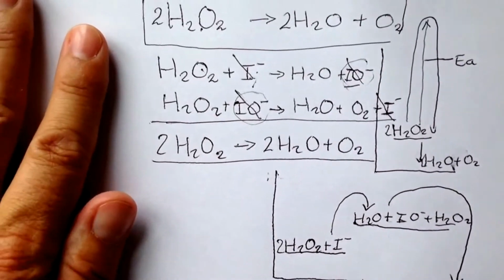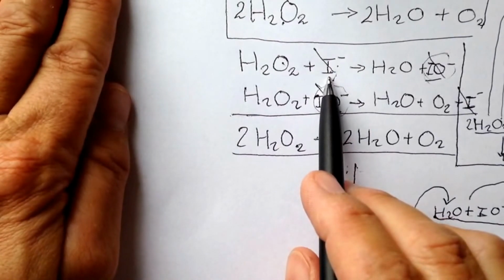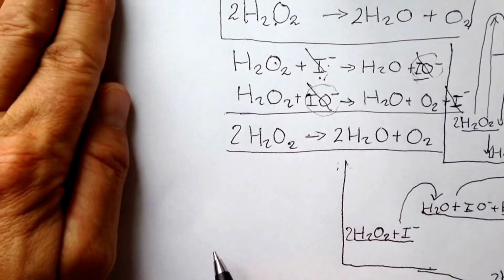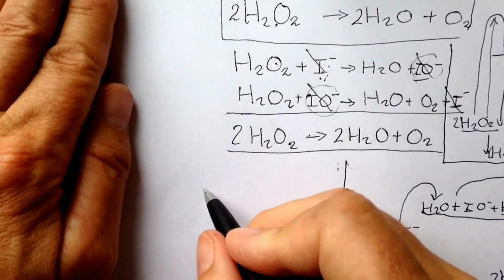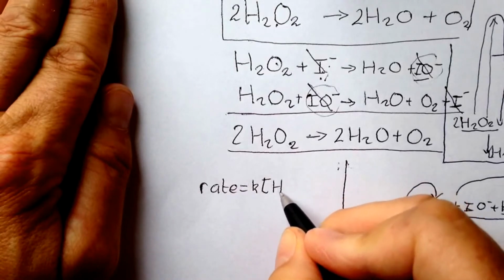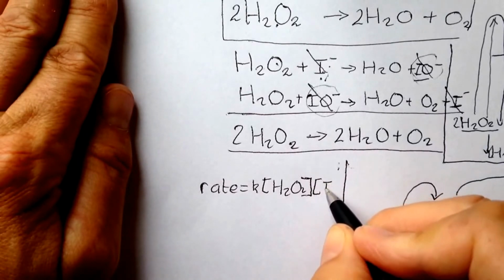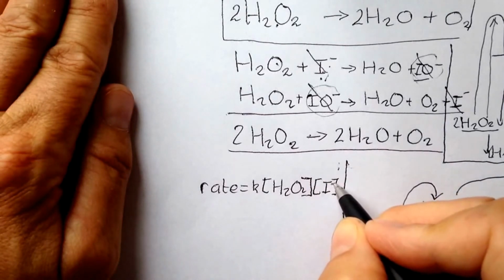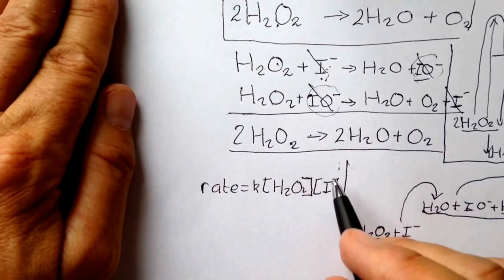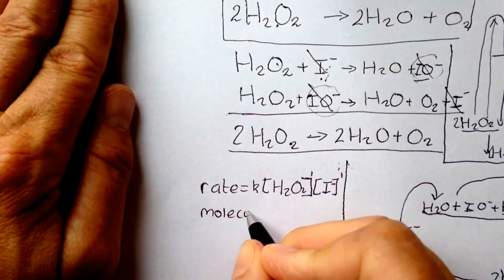The rate equation therefore is dependent on the concentration of iodide ions, because without the iodide ions, no matter how concentrated our peroxide was, it didn't matter. Obviously we're relying on that colliding with that, so the rate equation for the first step is equal to the rate constant times the concentration of the 2 reactants that are in the slowest step, or the first step of the reaction. There's our rate equation. There is 1 iodide ion, so the rate equation contains 1 iodide ion to the power 1, 1 peroxide molecule to the power 1. We say that the molecularity